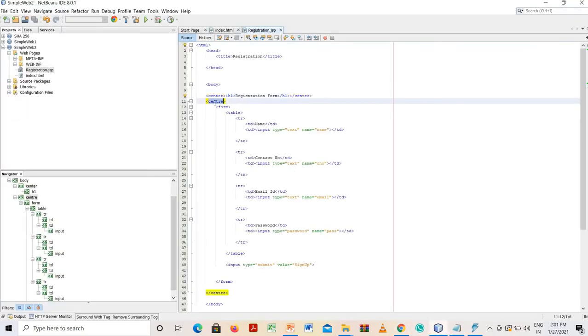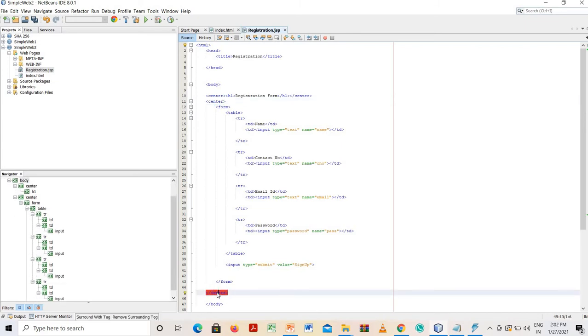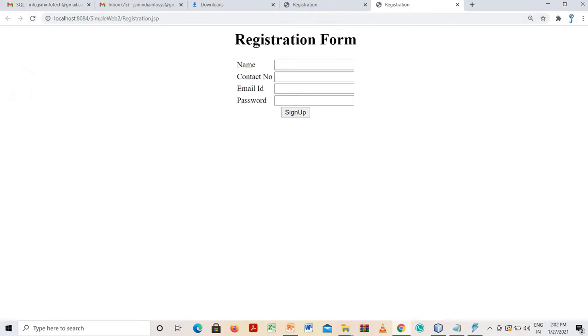This is also the center tag, and the end of center. So this is a registration form: name, contact number, email ID, password, and city.